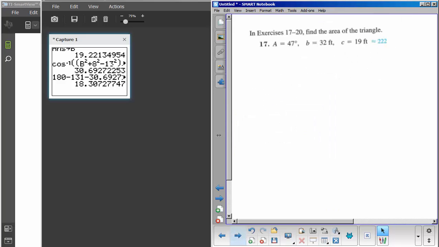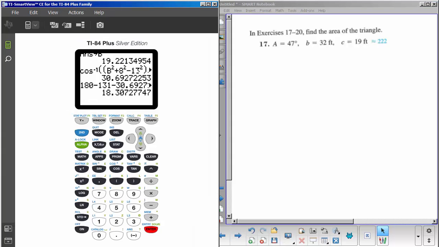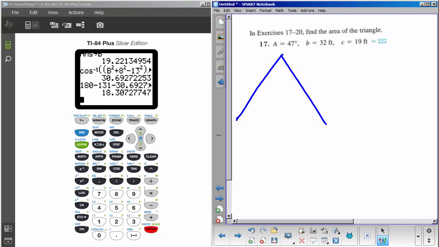Okay. 17. Okay. And so we're going to hand the baton off to Mary. You got it. Sorry. Okay. So there was a little baton toss there. Use blue. Okay, so draw your triangle, what they give you. So I put A on the bottom, put the 47 degrees here. Then I put B on the bottom, and 32 as little b, and C at the top, and 19 as little c. And then your equation for this,